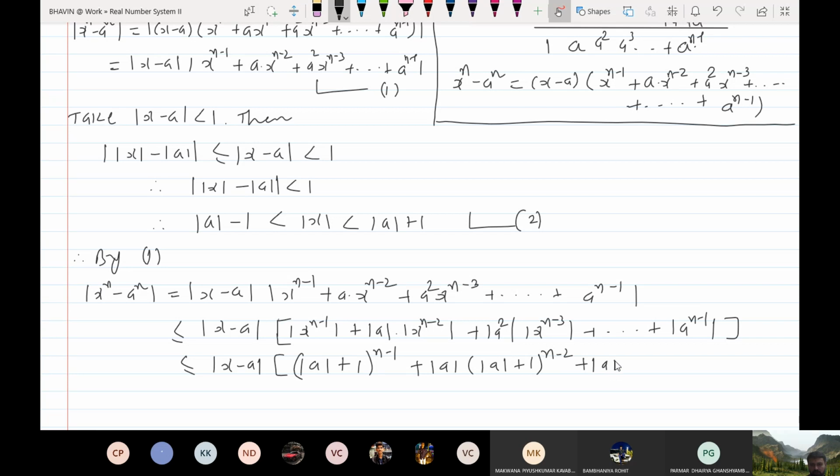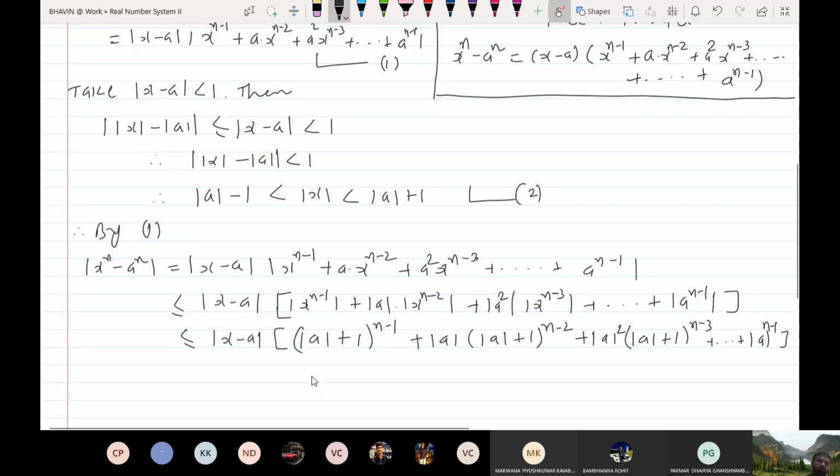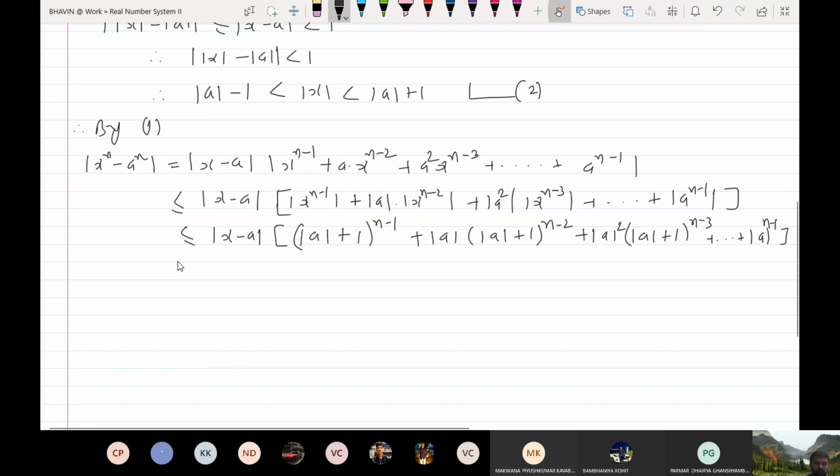I will keep a square as it is. This is nothing but modulus of x raised to n minus 3, that is modulus of a plus 1 raised to n minus 3, and so on. The last term is nothing but modulus of a raised to n minus 1. Okay. Now this is further less than or equal to